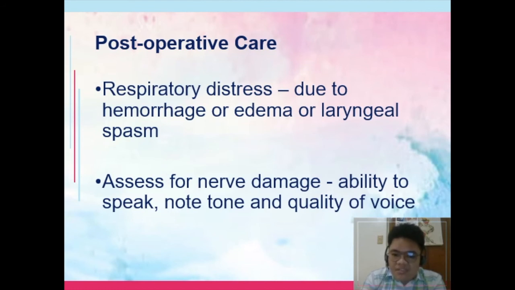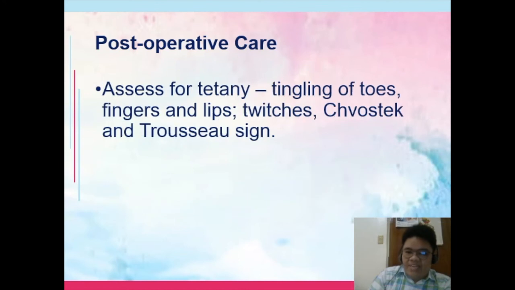Then we also assess for nerve damage post-op, meaning once our patient is already awake, we need to assess their ability to speak, noting the tone and quality of voice, because nerve damage is more common in thyroidectomy. Then assess for tetany, so tingling of toes, fingers, and lips, and twitches. And assess for Chvostek and Trousseau signs. Your Chvostek and Trousseau signs are signs of